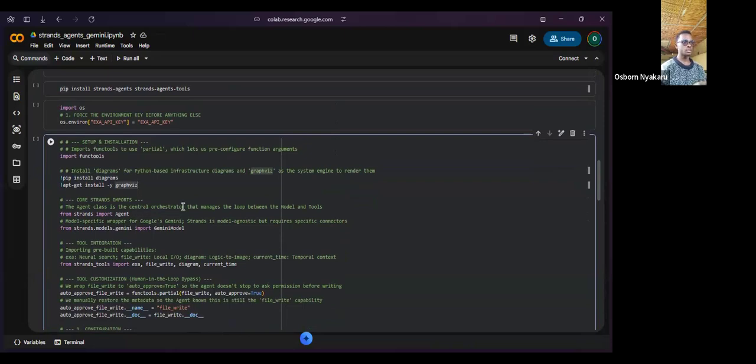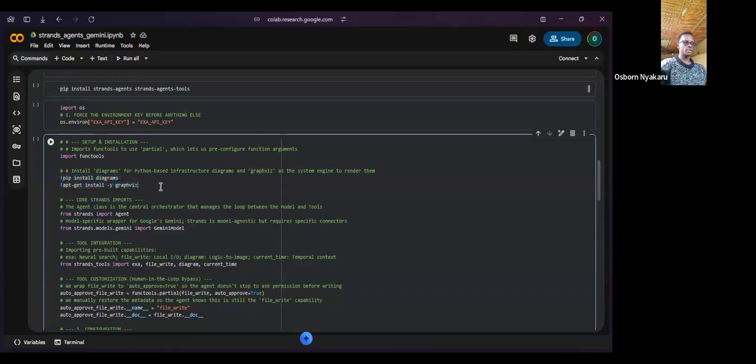It provided a detailed description of the differences between Strands Agents and LangChain. And then I told it to create a diagram, a mermaid diagram, to describe it more effectively. So this is why I had to install these two.